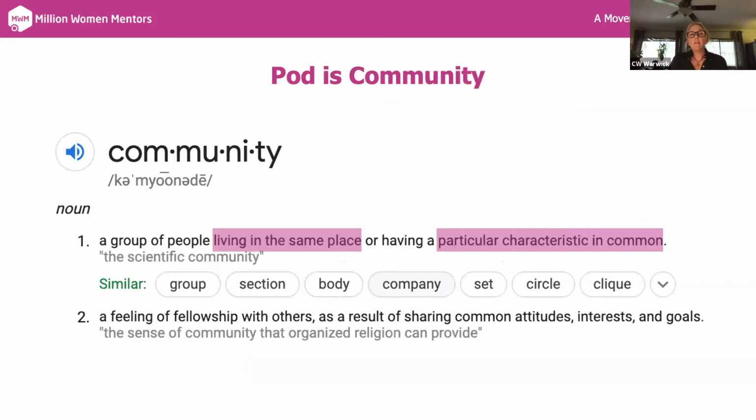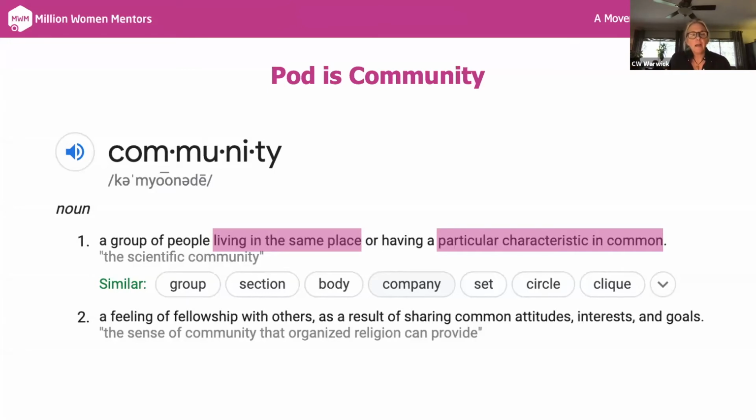So when we think about community, this is really so cool to me. This is the definition of community: a group of people living in the same place. And that's really what POD is all about, with its geolocation features to identify people who are in proximity to you, or people who are in a specific location in general. And that could be anywhere around the world. So I like to say it helps you connect with other people, meet new people across the world or down the street. It's really up to you where you want to go find those connections.